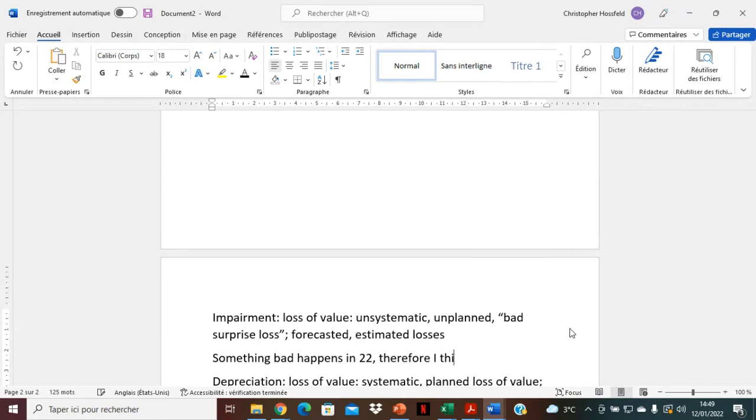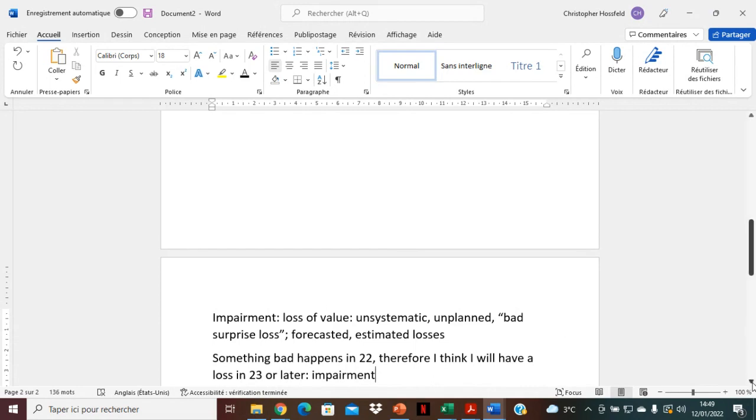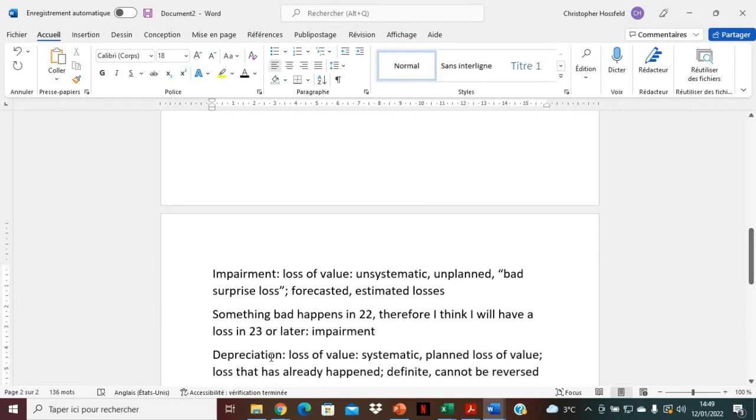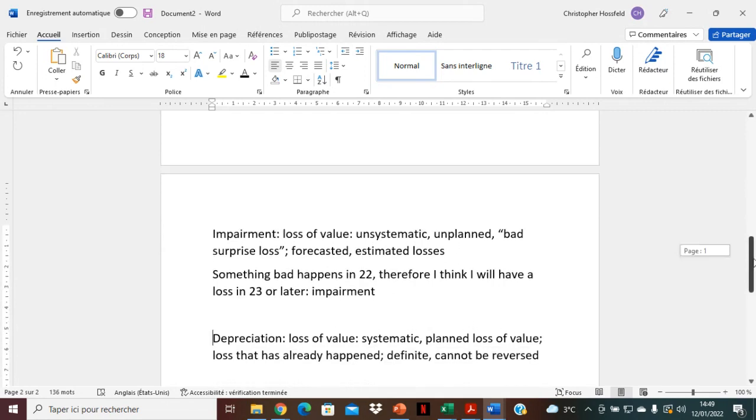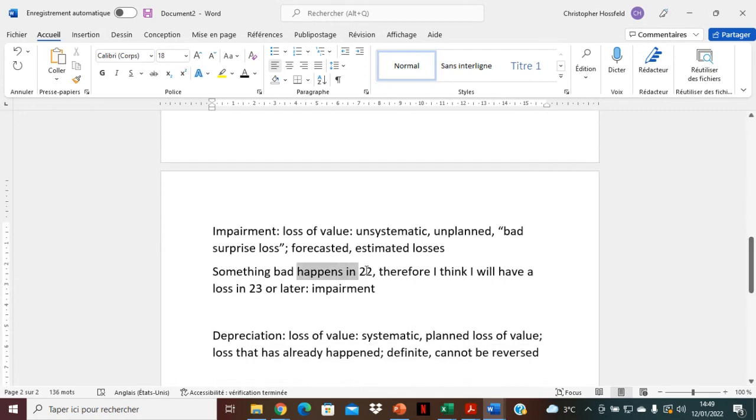Therefore, I think I will have a loss in 23 or later. The situation leads to an impairment. So we account for impairment losses in order to anticipate future losses, but very important,